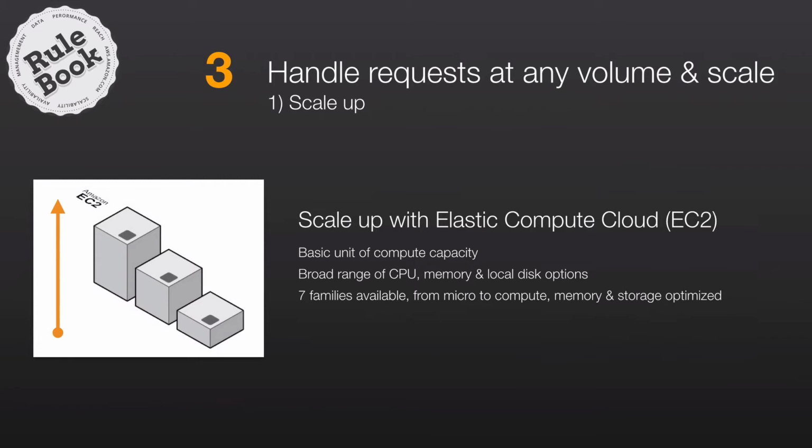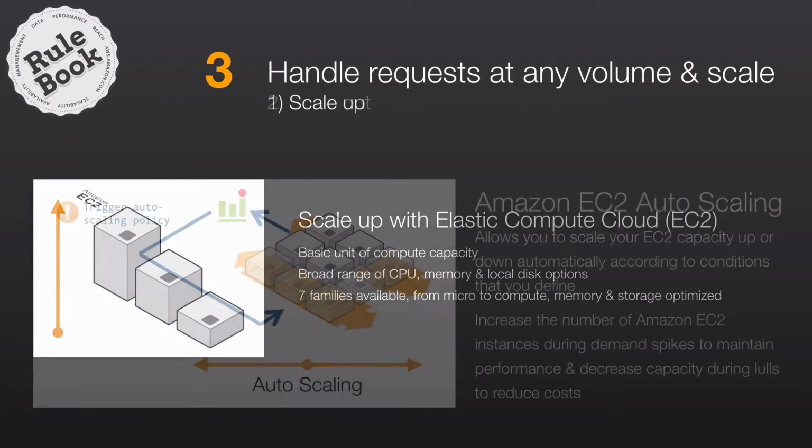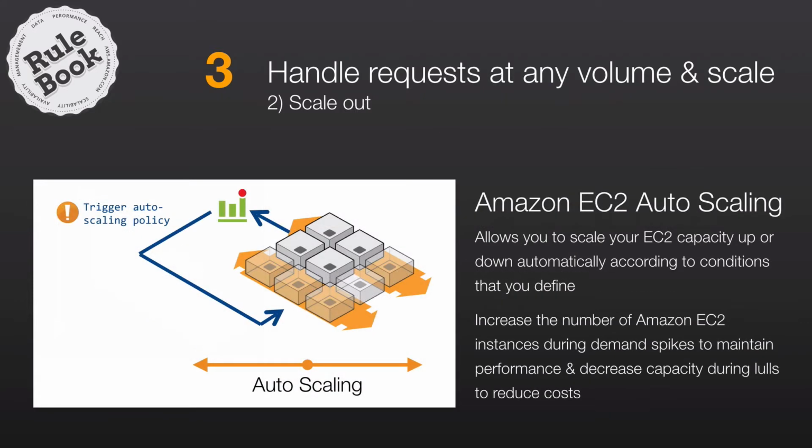But of course, with anything that scales up, there's always a limit, and there's always a finite amount of capacity that you can have within one EC2 instance, even if that is very large, with 60 gigabytes of memory and 36 CPU cores in our largest instances. You're always going to hit a limit eventually, and for that reason we recommend that customers that are dealing with extreme scalability create their applications in a way that enables them to take advantage of scale out scaling rather than the scale up.